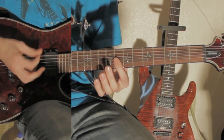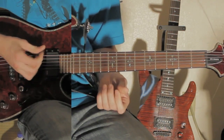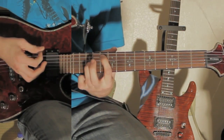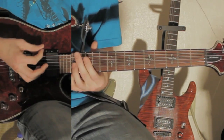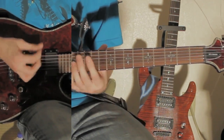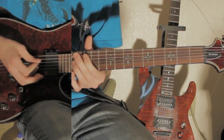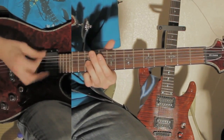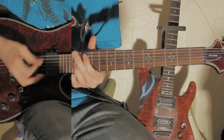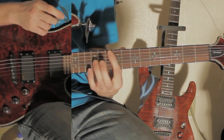Okay, so it's 1, 2, 3, 4, and then 2 triplets. And then it's going to go 1, 2. And then it's going to go octave chord, 10th fret, and then 12th fret. And it does the same thing except from 12 to 10. Okay, and then it's going to repeat that again,